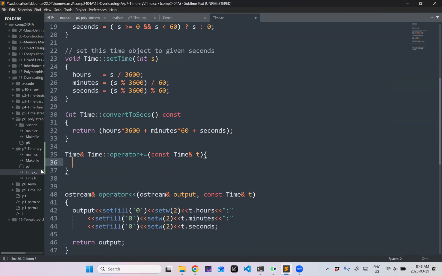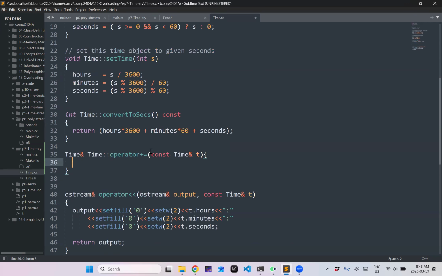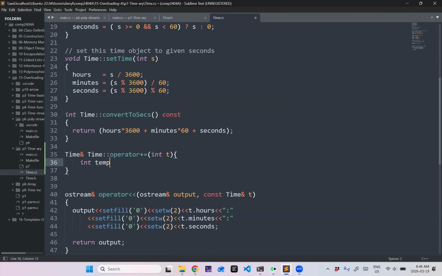Sorry, this should be an int, right? Yeah, sorry, this is an int. Int t, although there's nothing stopping us from overloading this function, but let's write the one that we're actually testing. Okay, well, simple enough. I want int new time equals convert to seconds plus